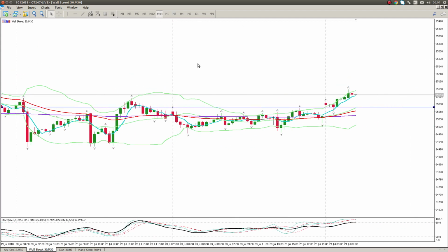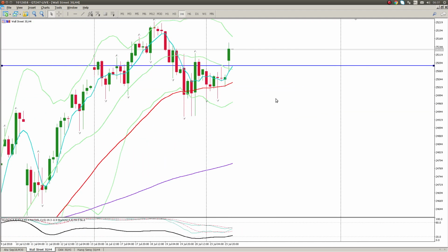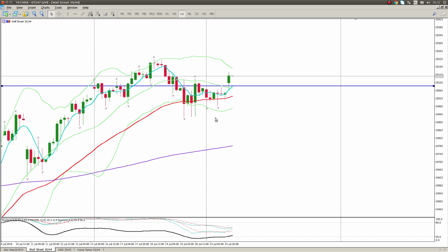Okay, but for now, and I'll just go to the 4 hour. You can see we've gapped up above the 20 moving average on the 4 hour. So ideally you want to see a retest of that 20 moving average, and the 20 moving average pointing up on the 4 hour, and that would indicate that we are back on track for a continuation move to the upside. And what that would also mean is that we have